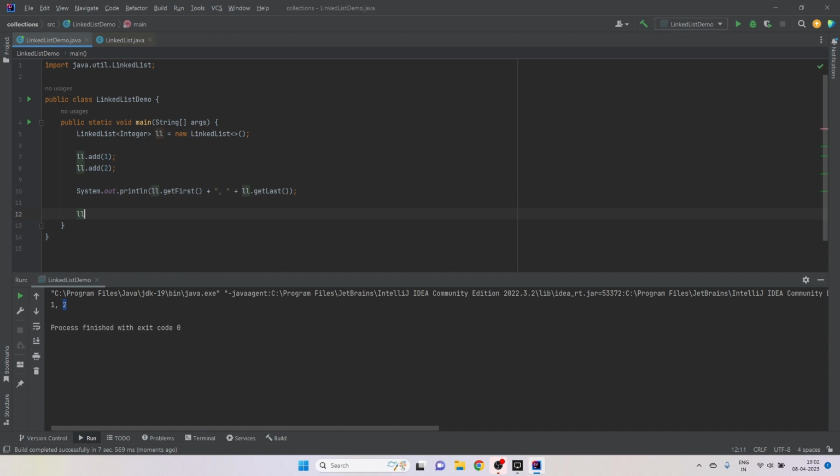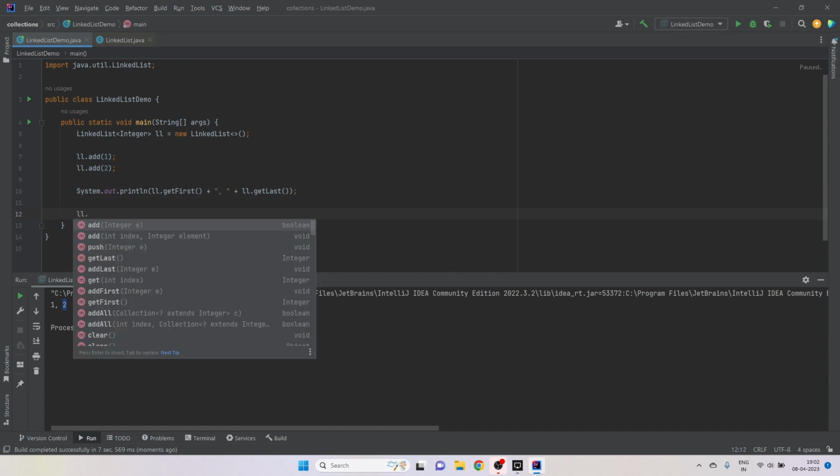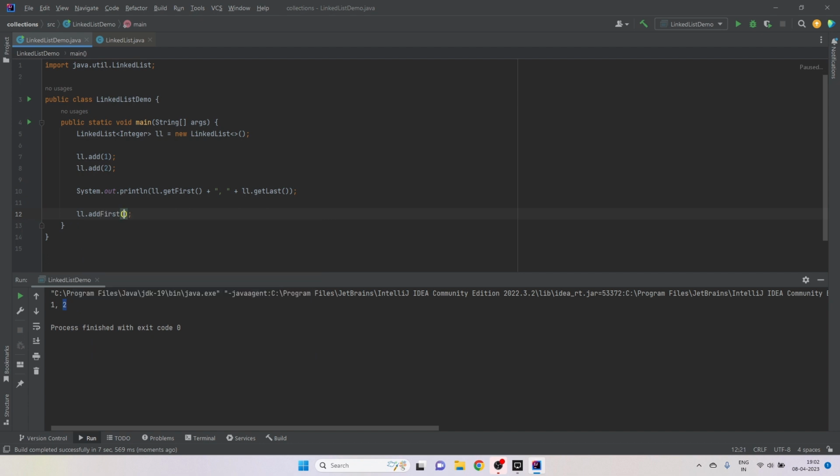What we can do, let's say, now that we know 1 is the first item in the list and 2 is the second item in the list, but we can change the order. We can say add first 3. We want to add 3 at the front. This time, if we print the same thing again,